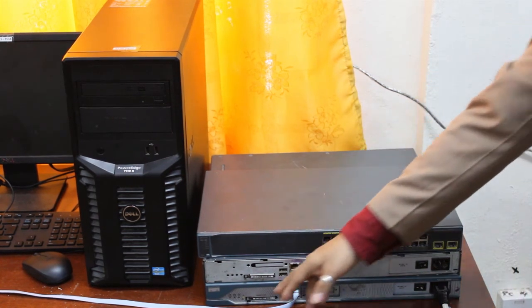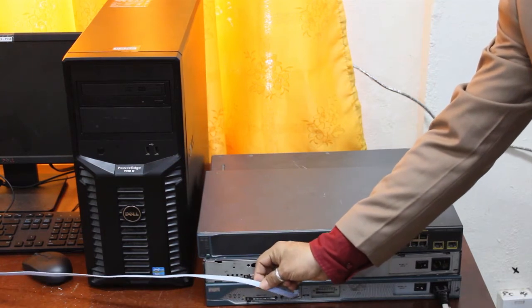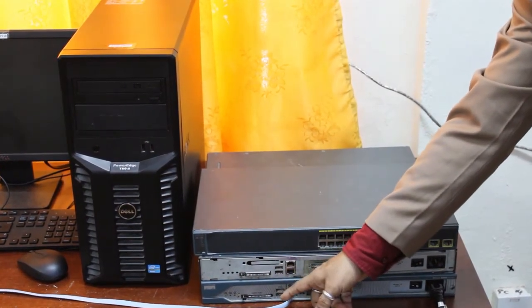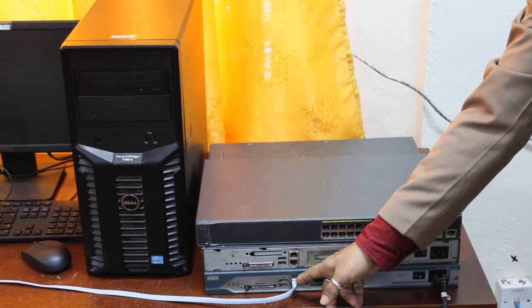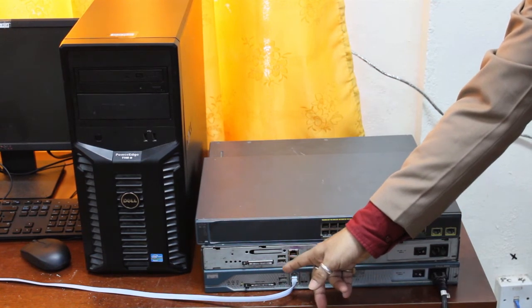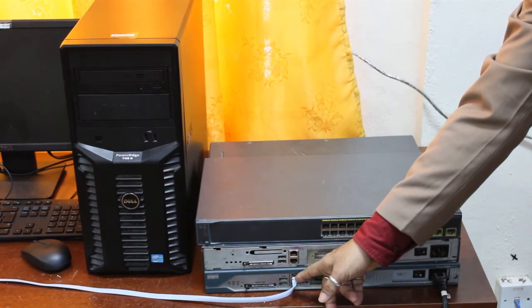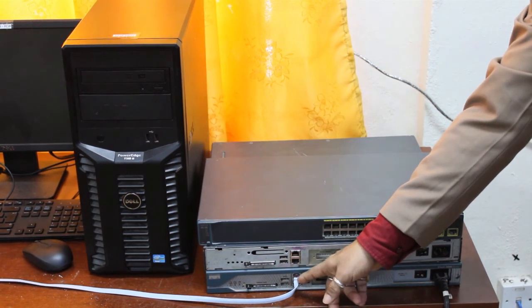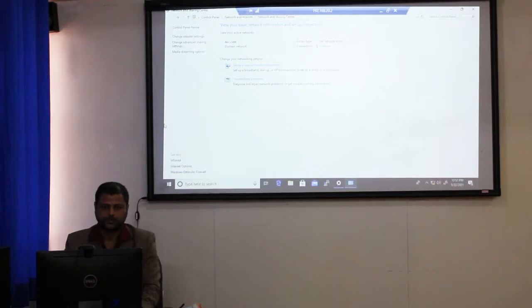It is going to connect to the PC, that is, this is the local administrative port. You can see that this local administrative port is going to connect to the router via console cable. So we are going to configure the router locally, that is, the IP address has to be configured on the system, and it is going to take the console of the router and the configuration will be there. So now we are going to configure the router.